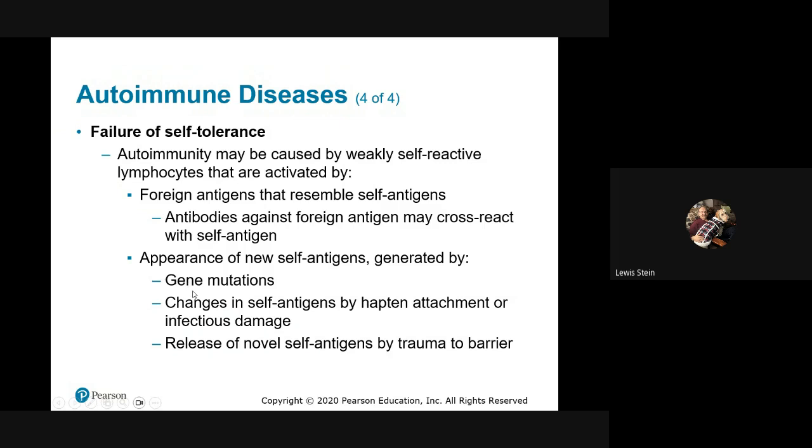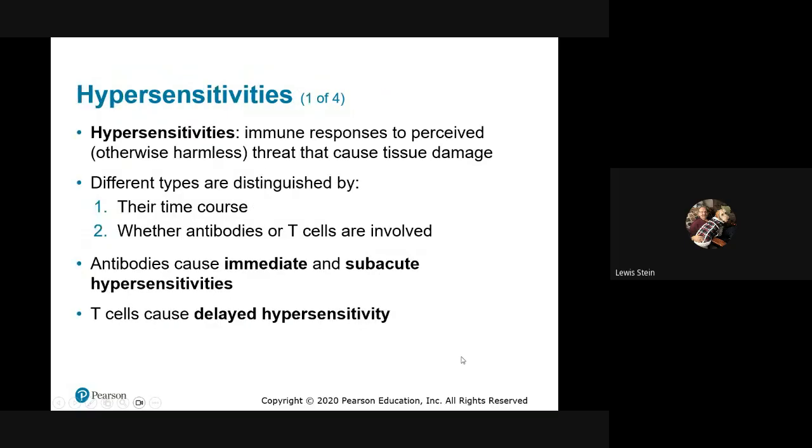Okay. And so these are other things. Mutations can occur, changes in self-antigens by haptens, like allergens, release of new ones. There's all sorts of stuff that can happen. And rather than go crazy, this is really the last topic for this. We'll surely finish this Friday, but I'll give you an idea. We talk about these things called